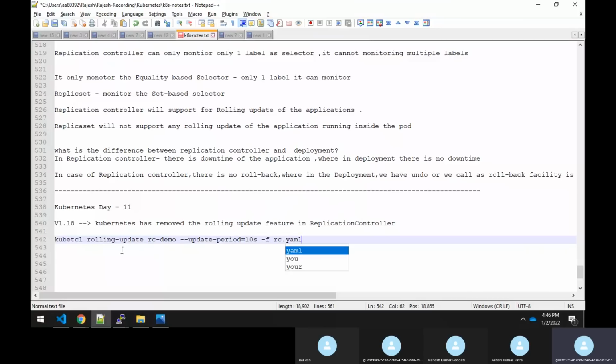So we used to have this option, kubectl rolling update. Now it has been removed. It is not there in the latest version.